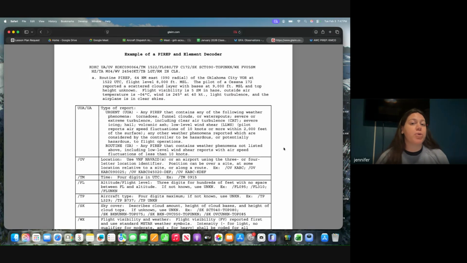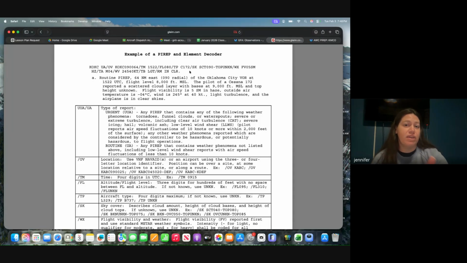So the way they're broken up, just to backtrack a little bit, if you look up here, it's broken up into the airport, the nearby station that this pilot report is coming from, then what type of report, and then where that pilot is right now in relation to that airport. They can be over a VOR or some type of nav aid, and then the time that they noted this, the flight level that they were at, and what type of aircraft it is,